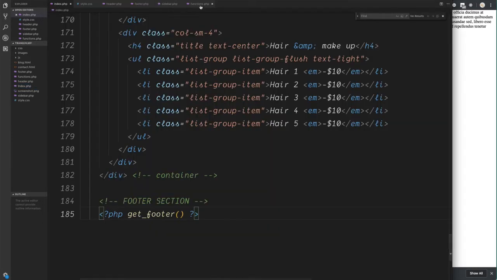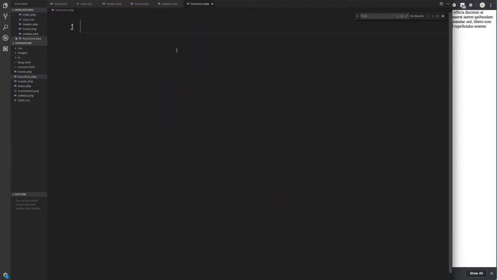Over in the functions.php, we can begin to work with this by adding a comment at the top. This is going to be a PHP comment, so let's open and close the PHP brackets. We start a comment with / and star. Then we close this off with the reverse, which is star and then /, and then a star for each new line. This is going to be a description of the file, and I'm just going to add function definitions for Tranquil Spa theme. Since this file is